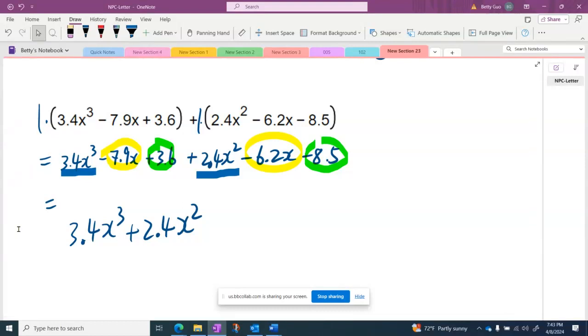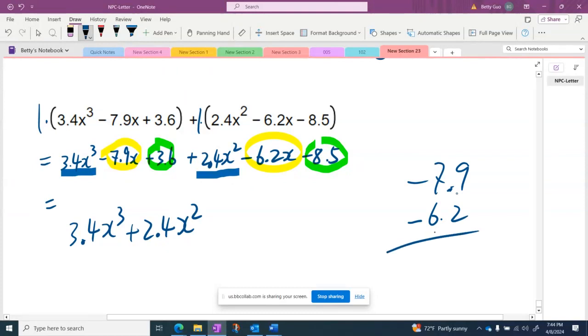The two yellows combined together, negative 7.9 minus 6.2. Use your calculator. Negative 7.9, negative 6.2. I don't want you to lose a point only because of the calculation. This is not Foundation 1. In Foundation 1, you don't use a calculator. This is Foundation 2, so you're fine. Negative 14.1